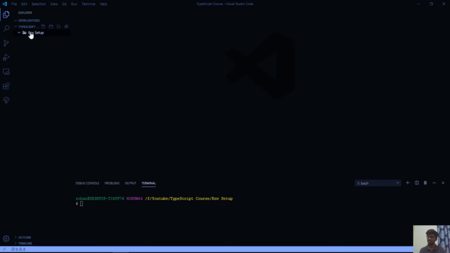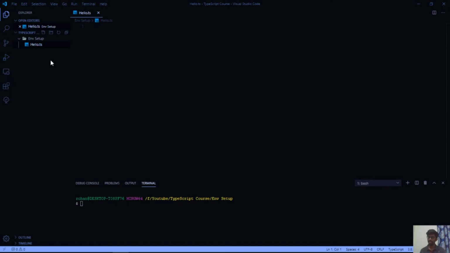Inside it you can create a file. We'll be creating a TypeScript file that we're going to compile later on, that is, transpile later on. For doing that you just need to click on this env folder and click on this new file icon. So we'll be directly writing hello.ts. This ts extension is for TypeScript. As we have js for JavaScript, we have ts for TypeScript.